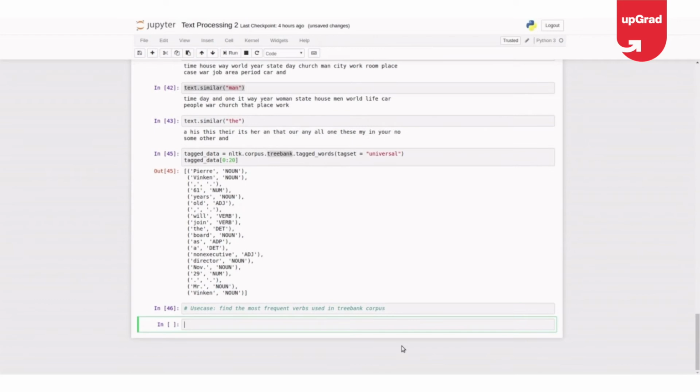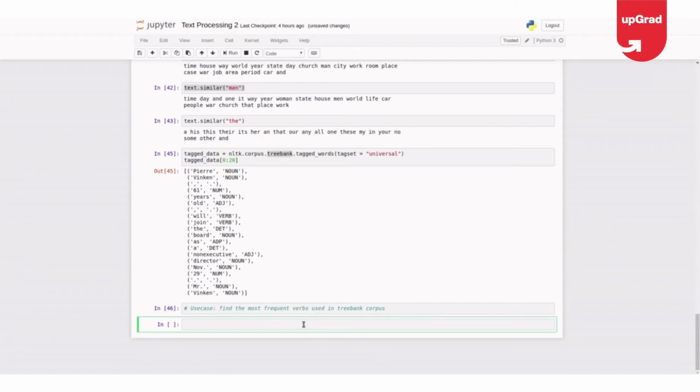How do I do that now? In the previous videos, if you have seen, I have used something called frequency distribution. Now I'll apply the same, but with respect to POS tags.